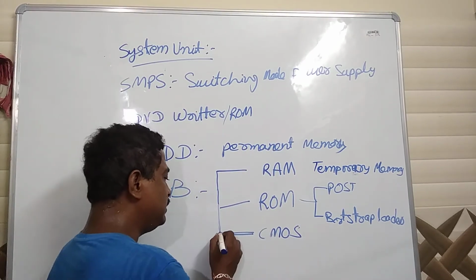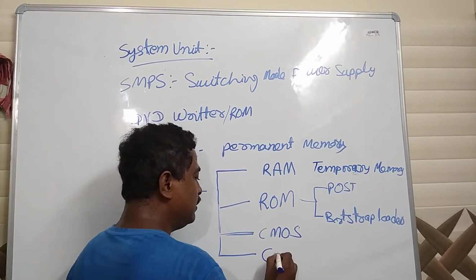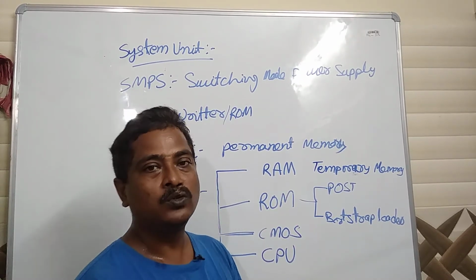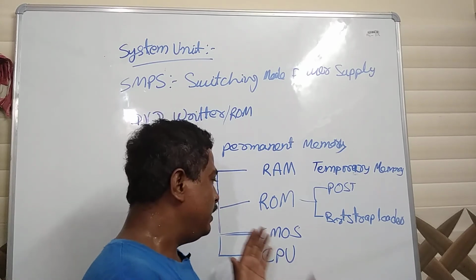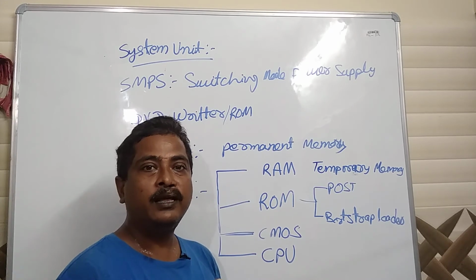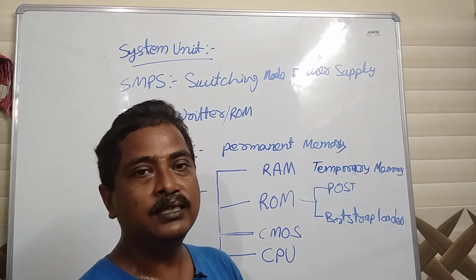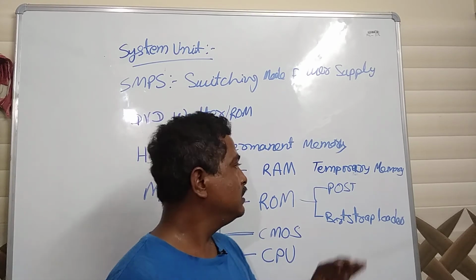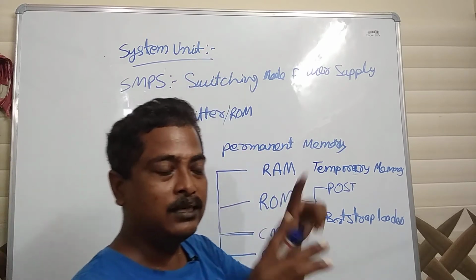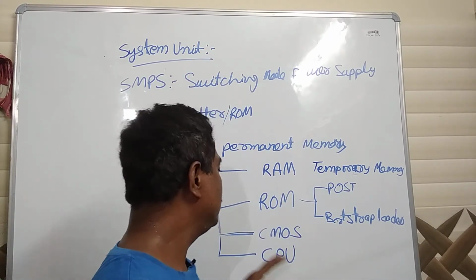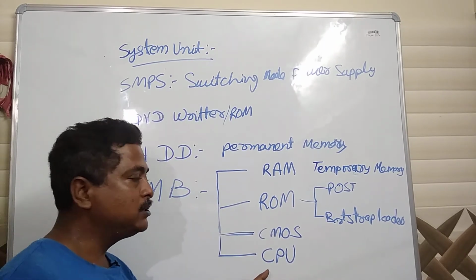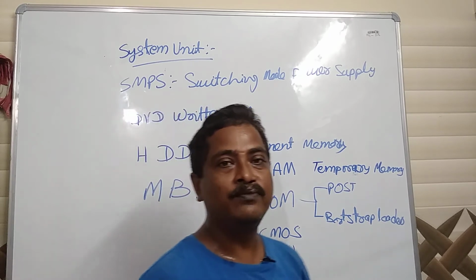After these three, the most important thing is the CPU, that is the central processing unit. It is the part of the computer which is responsible for calculating everything. It is a small chip. So the total system box, we should not call it the CPU. Some people say that the box is the CPU. That box is not the CPU. The CPU is this small chip which is there on the motherboard. It is responsible for calculating and processing everything.